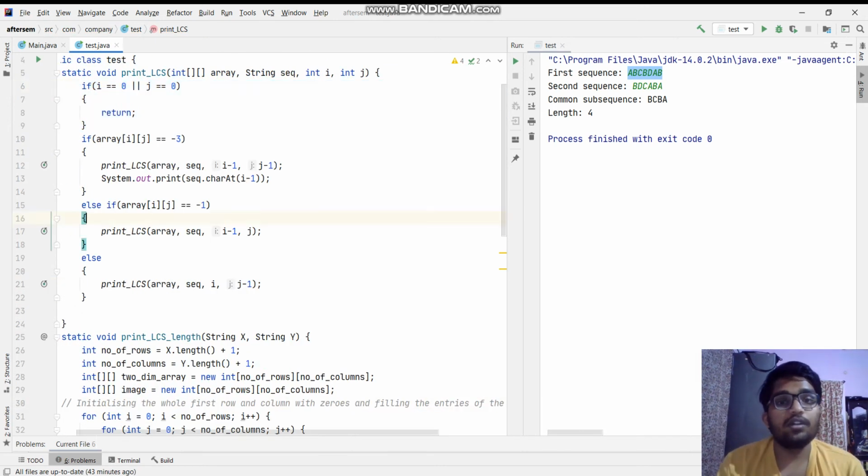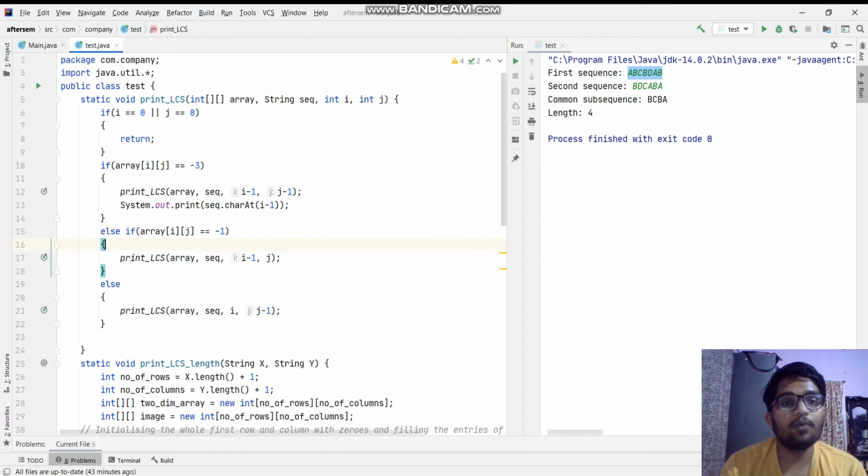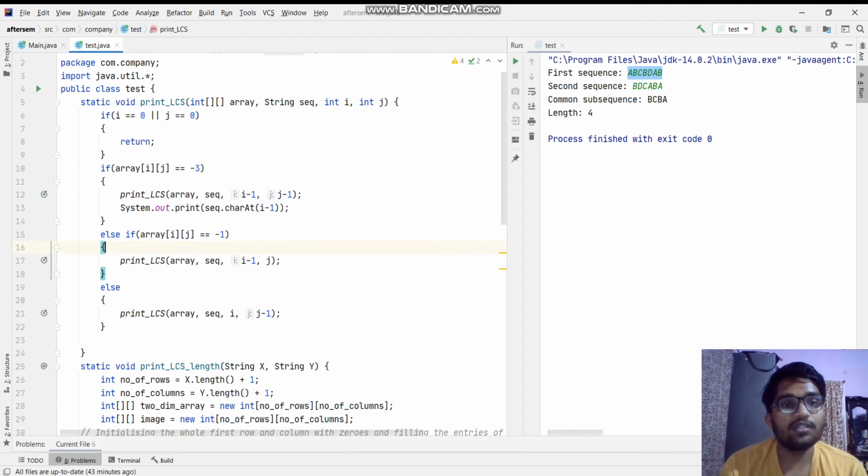Now we are checking if that particular entry is -3, that is, if the arrow is pointing diagonally. Then we call the recursion, as we just need to jump into the corresponding diagonal entry. Here we can see the row is i-1 and the column is j-1.